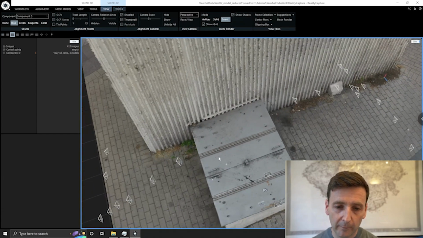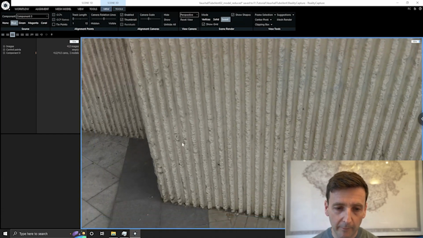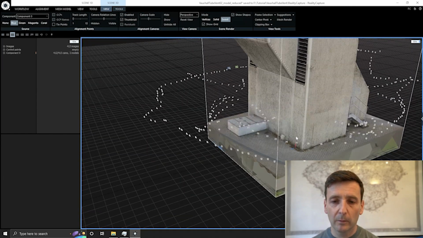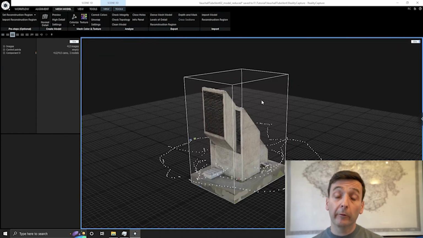There's no loss of detail or blurriness around the outside of the object, which I really like. So it's good, it's nicely textured, I'm happy with that. So the next thing we're going to do is export this model with its texture so that I can then